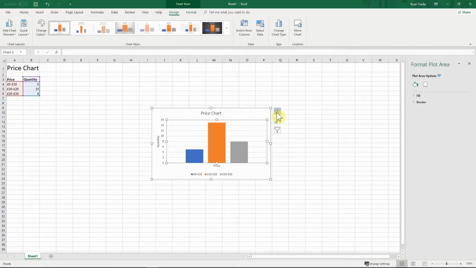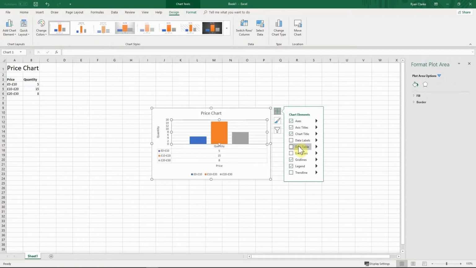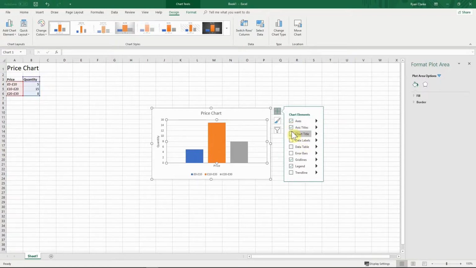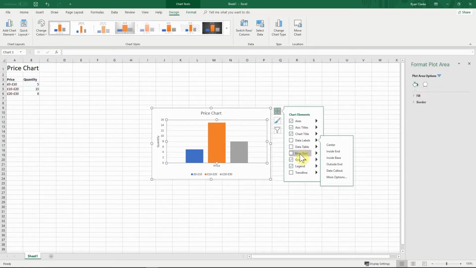So in that instance, I would suggest doing what I did here, clicking on this plus, and you can include different things here. Now you can see it's actually giving me other options as well. The ticked boxes are obviously the ones that are showing, but you can see you've got data labels, so you can just add that there, and you've got different options for these. You can put it on the inside, you can put it on the outside. There's a lot you can do. There's some other ones as well, slightly less useful ones. Error bars obviously not important here,